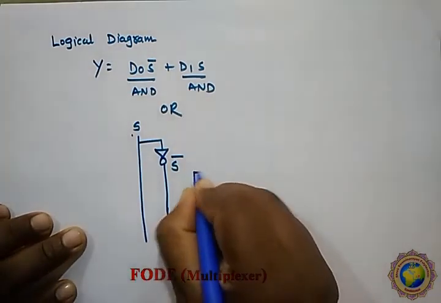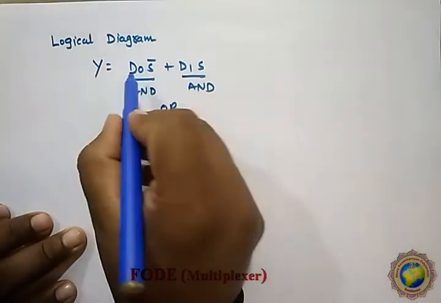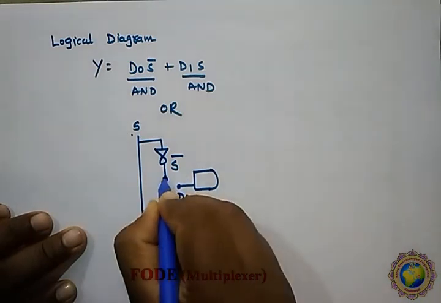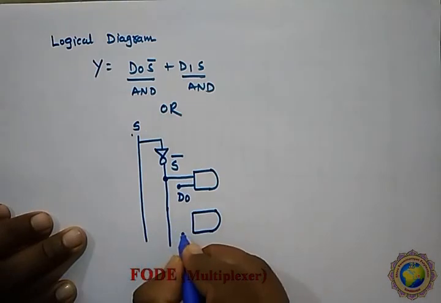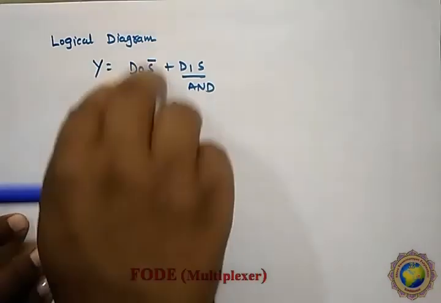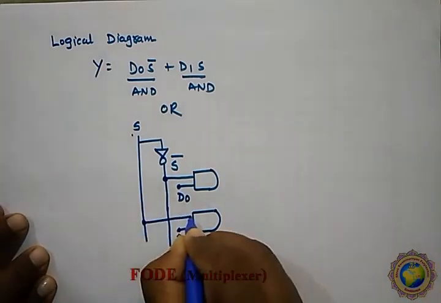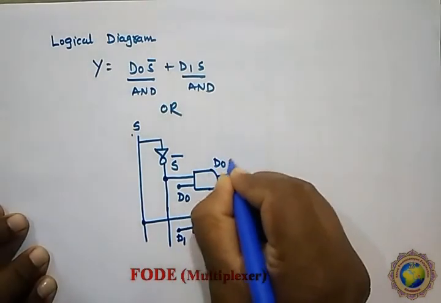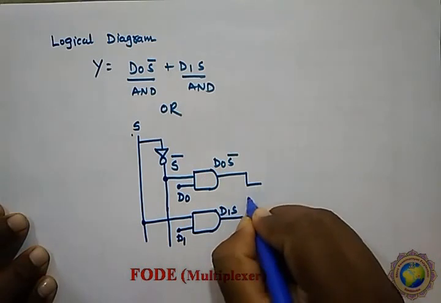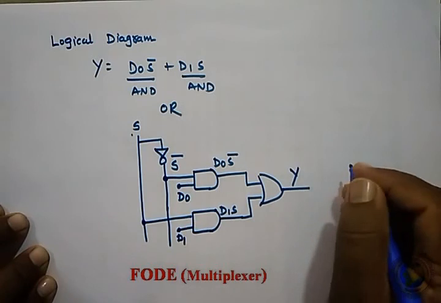2. So 1, 2. પહેલું શું છે? D0S બાર. તો D0 તમે ડાયરેક્ટ અહીંયા લખી શકો છો અને એની જોડે S બાર. પછી D1S. તો D1 ડાયરેક્ટ લખી દેવાનું કારણ કે સિંગલ ટાઈમ યુઝ થાય છે. જે વસ્તુ તમારે વારંવાર યુઝ થતી હોય એને તમે આમ ઊભી લાઈનમાં દર્શાવી શકો. સિંગલ ટાઈમ દોરી શકાય છે. So it becomes D0S bar, D1S. Both are given to the OR gate. That is our Y.